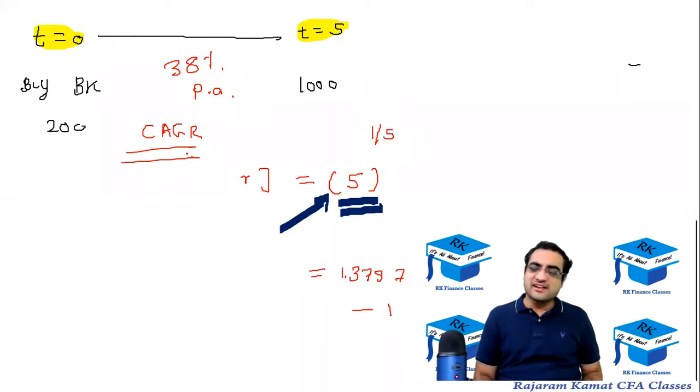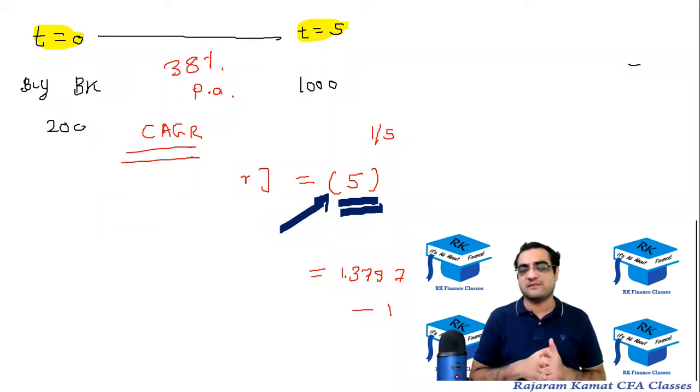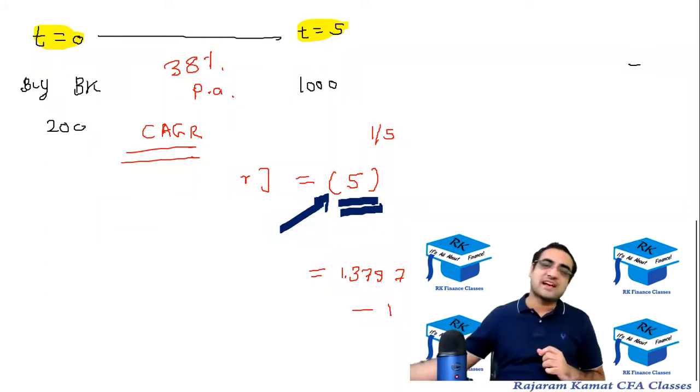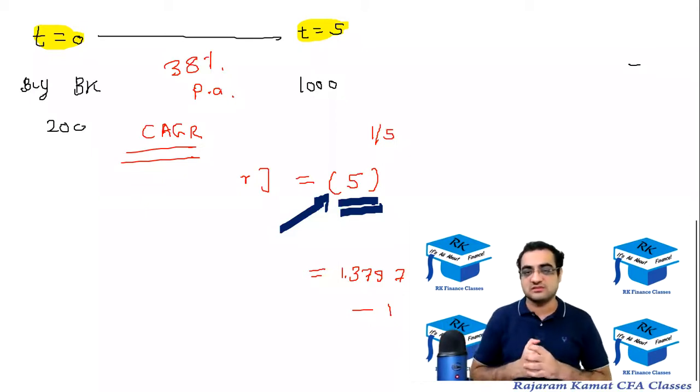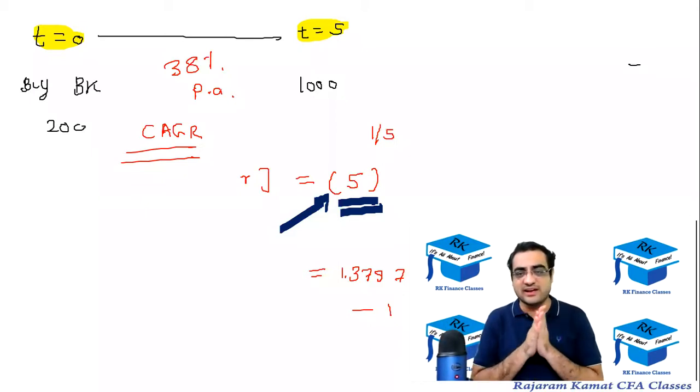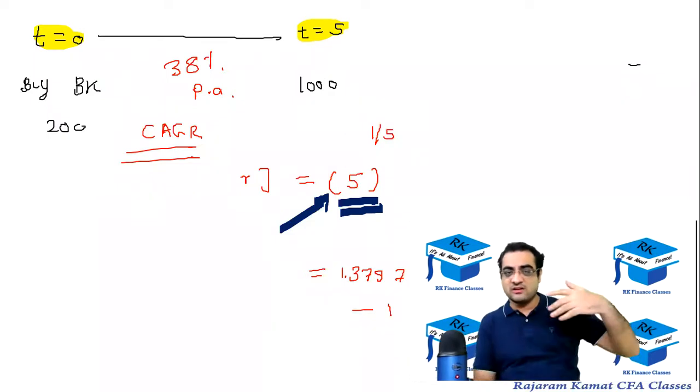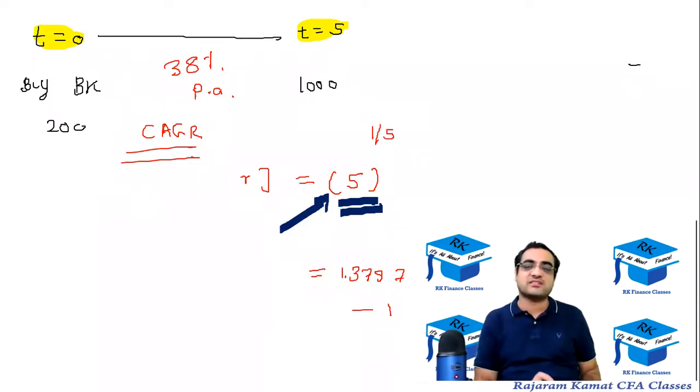Okay, I'll take another example, but before that I just want to take a poll on whether this was clear or not. If not, please raise hand. I'm going to take another example, don't worry. This is called annualized return, also called compounded annual growth rate, CAGR. Good, most of it's clear. One guy has mentioned not clear, but that guy has not raised hand. Please raise hand if it is not clear.